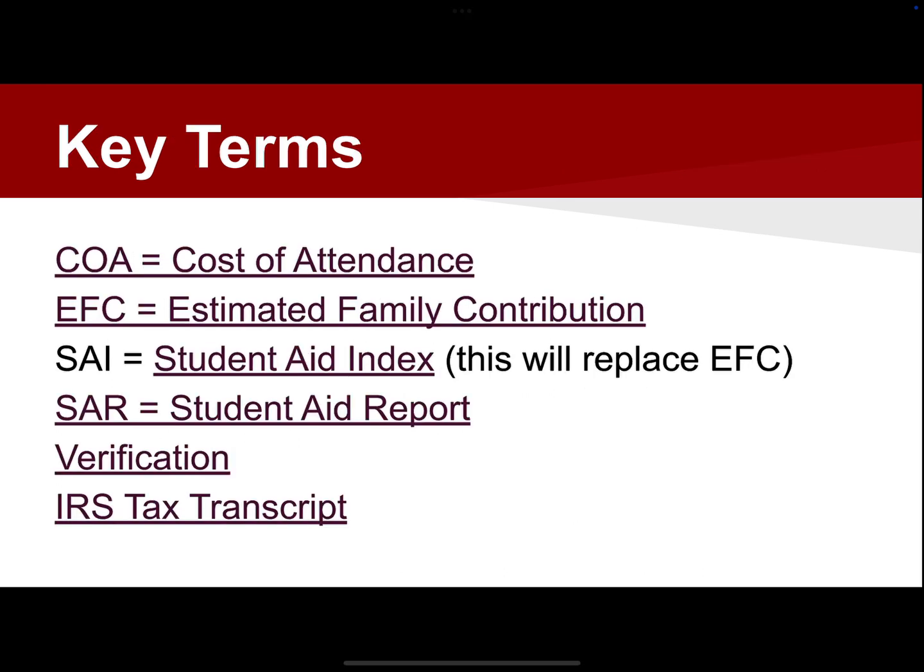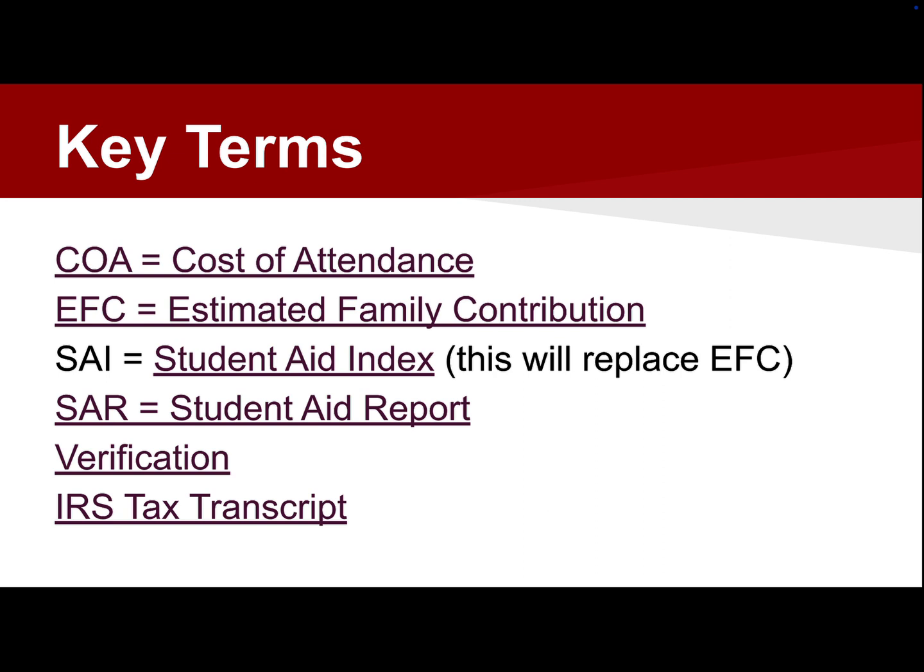Okay, back to the FAFSA for a few minutes. These are some key terms that you might see on your FAFSA. COA is the cost of attendance. That is your tuition, room and board, books, and expenses. There's something called the EFC, or Estimated Family Contribution. That is the amount of money that they expect your family to be able to afford to pay towards your education for one year. So that's the yearly amount they expect your family to contribute towards your post-secondary education for